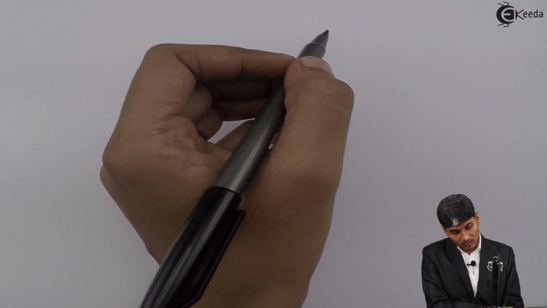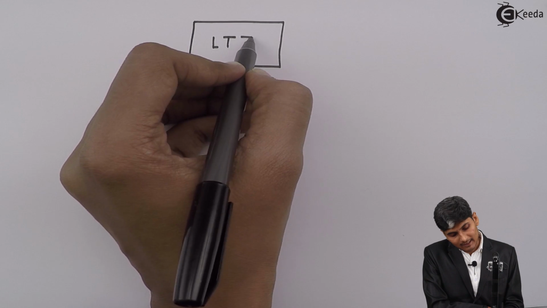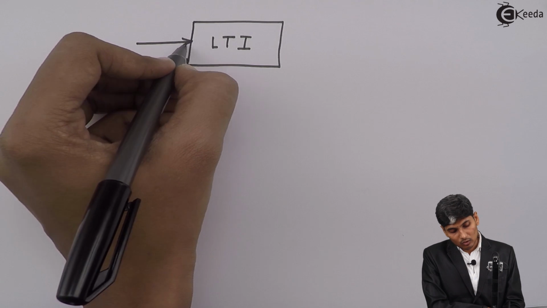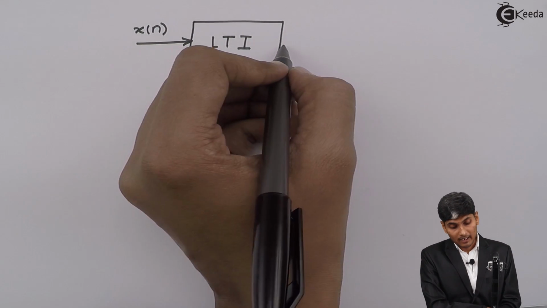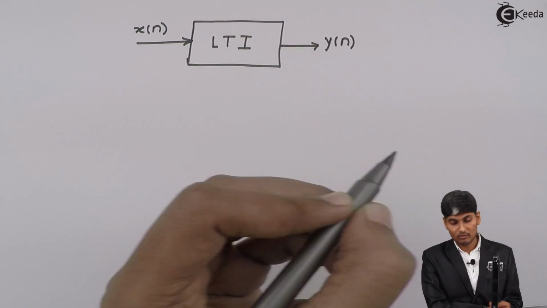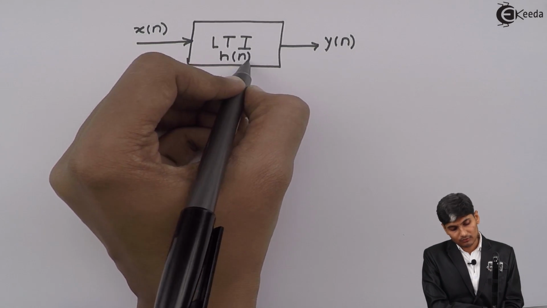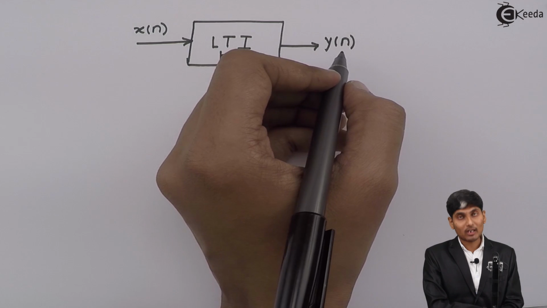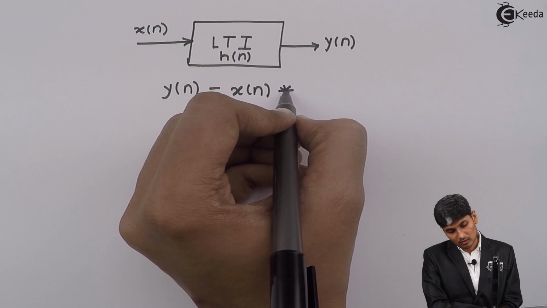Today we are going to see what we mean by convolution. Whenever we have an LTI system, that is a linear time invariant system, to which I am giving an input x of n and getting an output y of n, then with the characteristics of the LTI system given as h of n, I can write y of n equals x of n convolved